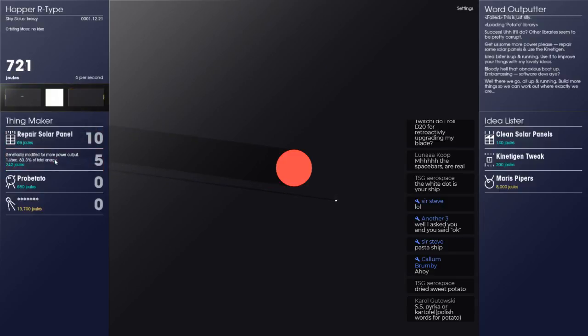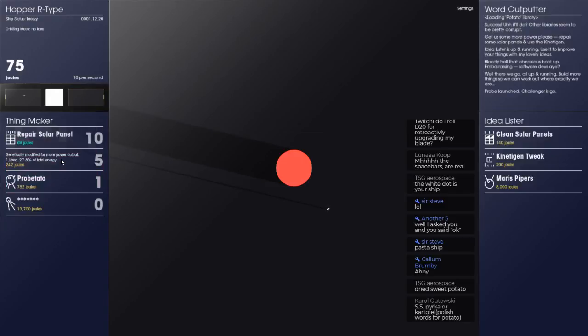Or do I want to up potato? I've got a feeling TSG is going to tell me I want to up potato, but we're going to do that one. Okay, Portobello, a modified spud for planetary harvesting, 8 joules per second, 1 times 1.5 in free fall, 44.4% of total energy. Okay, that's cool. That gives us a total energy marker. That's pretty nice. That is nice, very nice.